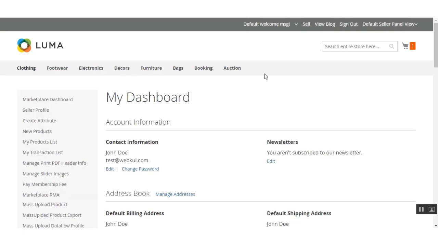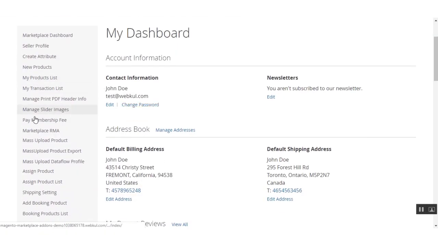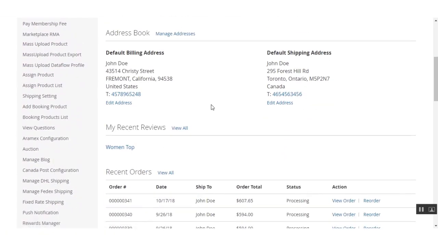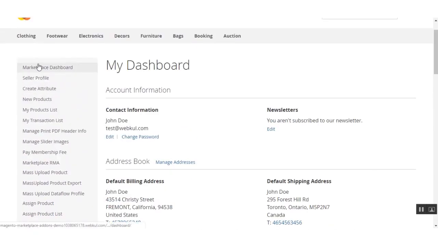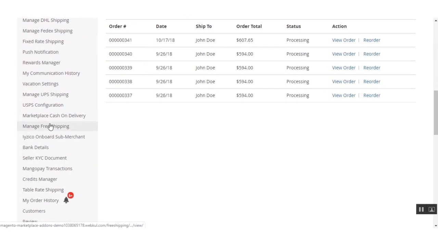So right now I am at the seller's end, and I've already logged in as a seller. So first of all, the seller has to register himself as a sub-merchant under the Iyzico onboard sub-merchant tab that he'll find on the left hand side. So here you'll see on the left hand side under the account panel, here we have the marketplace dashboard, and under this block we'll find the Iyzico onboard sub-merchant menu option. So the seller needs to click that up,